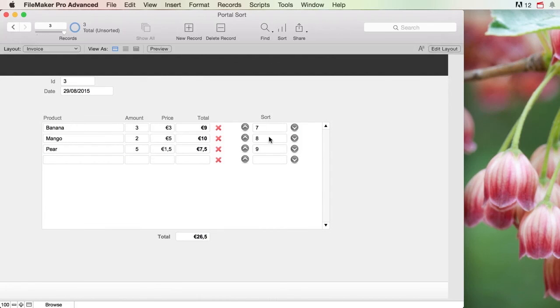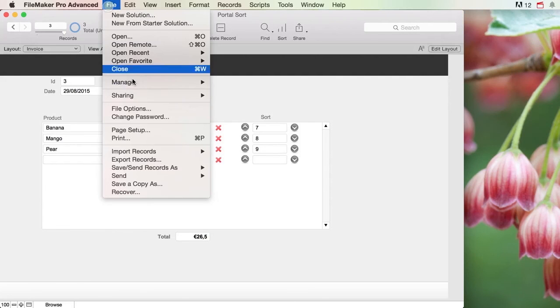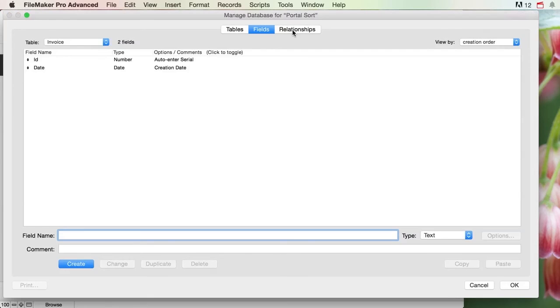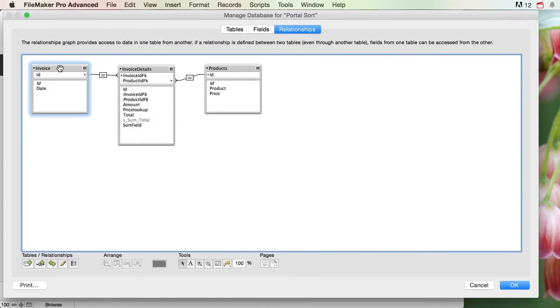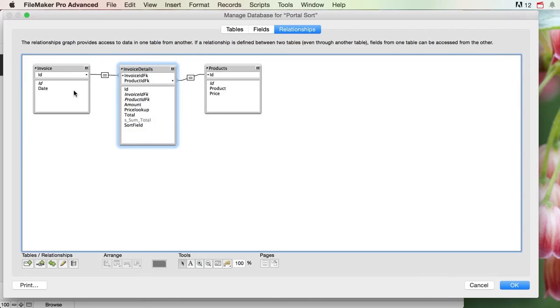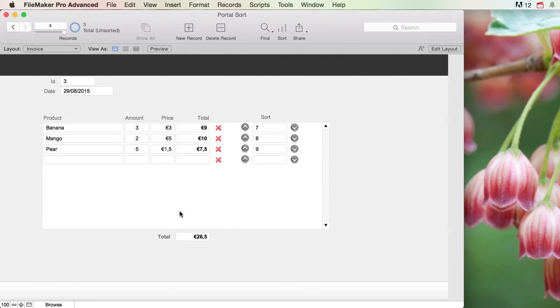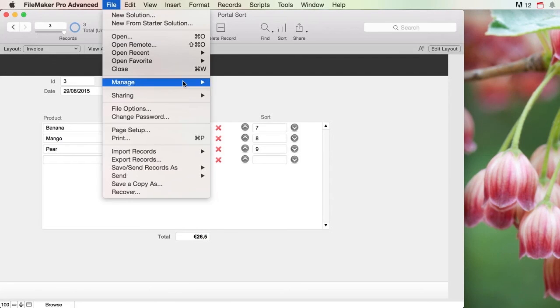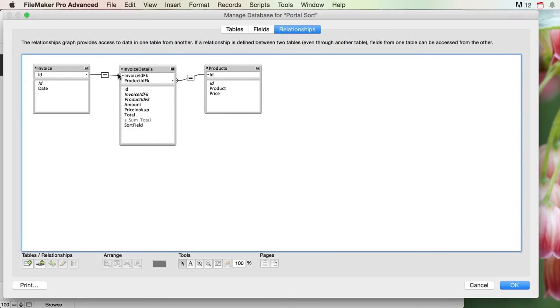Now, we've specified the sort order of this portal, but if we go to File, Manage Database, we are in a layout that's based on the invoice, and we are changing the sort field on this invoice details table. Now, there is a sort on this portal row, but that sort is not happening in the relationship between the two. So let's go to File, Manage Database again. Between these two,